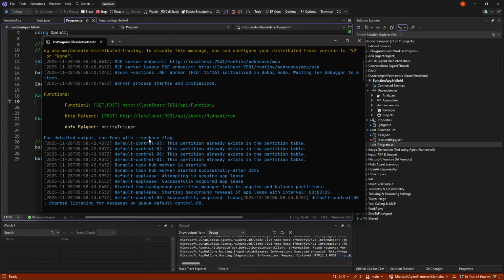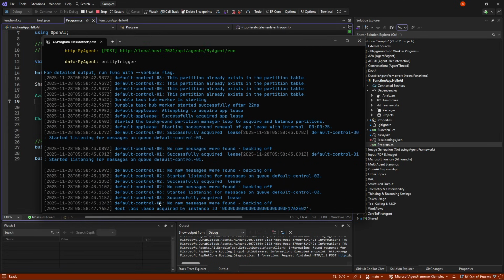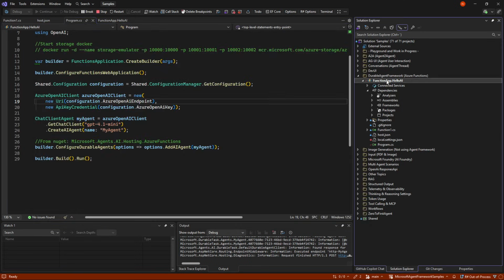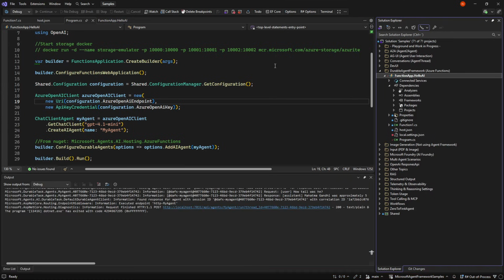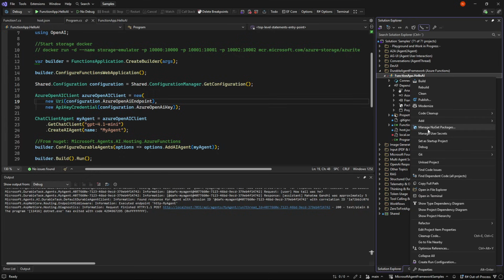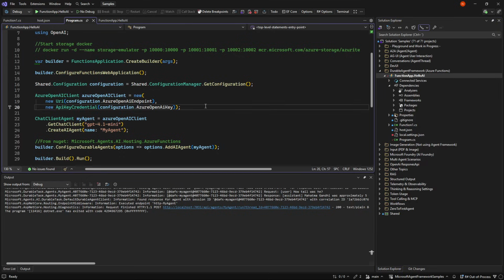So that is actually everything there is to it. I, again, spent a lot of time because I went to the newest NuGet package. So if we go here, there was a new NuGet package. It's been unlisted. Also, if you have some problems running the Azure Functions, that's because it's dependent on a Docker image for the storage emulator. And I put up a console command line that you need to run in order to have the Azure storage emulator. But that's more an Azure Functions thing than the AI thing.